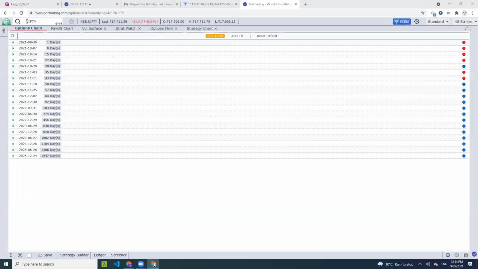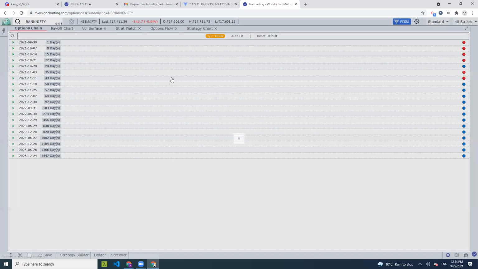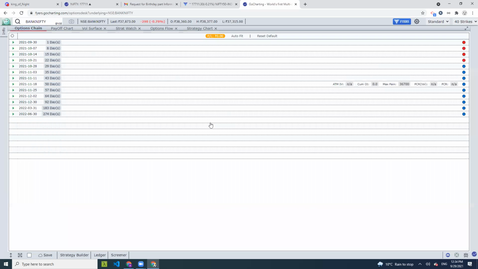We start with the top. In the top, there is a search button where you can search any given underlying. Let me search for Bank Nifty. So this is Bank Nifty. Once I search for Bank Nifty, the entire platform will now only focus on Bank Nifty. Depending on what you choose in the search bar, that particular underlying and its option contracts will be available in the platform at that point in time. So you can keep changing your symbols depending on what you need.